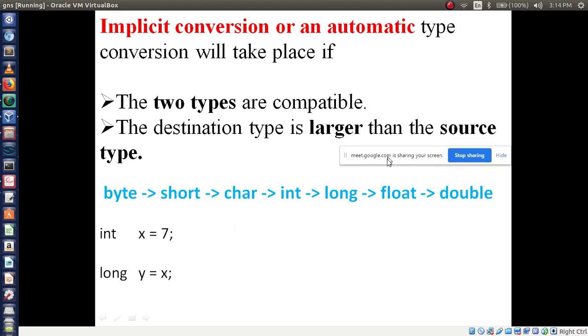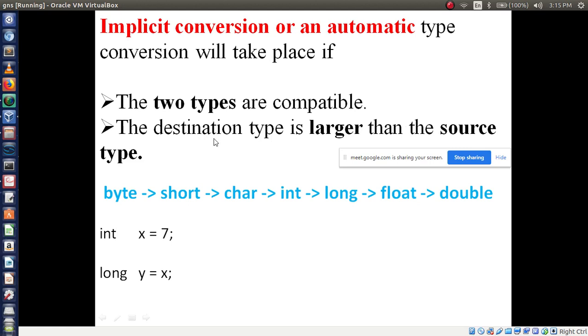Okay, now we'll see some examples. First we'll see implicit conversion. Implicit or automatic type conversion will take place if two conditions are met. What are these two conditions? The two types are compatible, meaning two integer data types or two numeric types, and the destination type is larger than the source type.